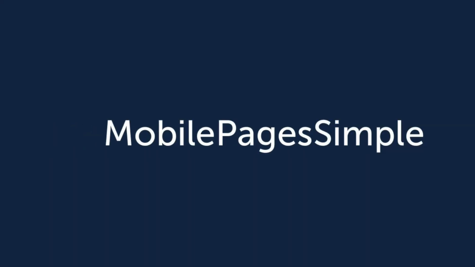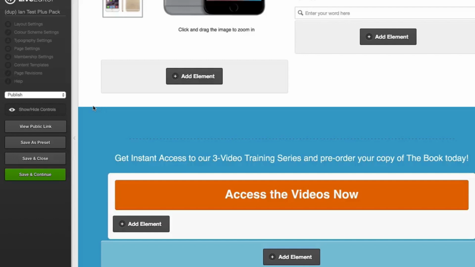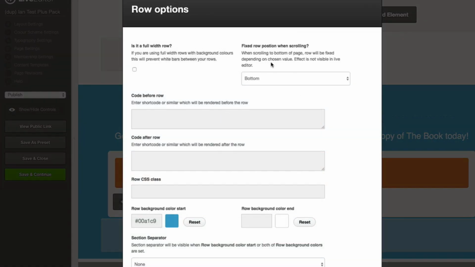clicks. OptimizePress aims to streamline the process of turning website visitors into leads and paying customers by offering conversion-optimized structures